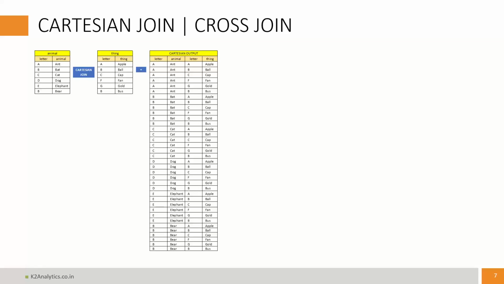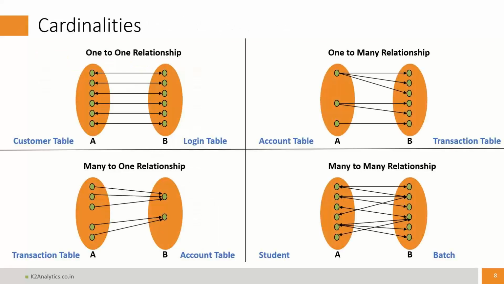Now, when you run all of these join queries, there's another way of looking at these joins. The other approach of looking at these joins is cardinalities. What do you mean by that? You have a left table, you have a right table. When you are joining the two tables, is the join relationship